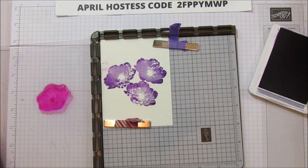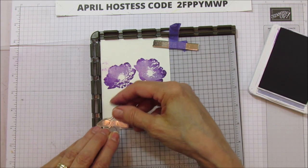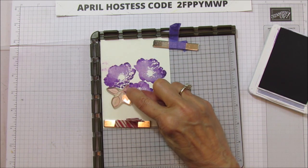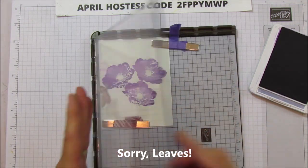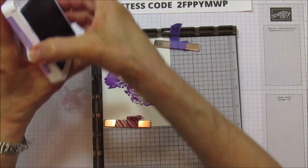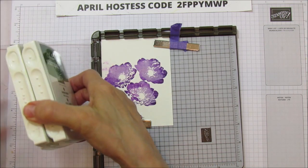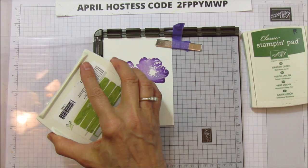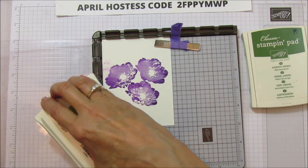And then we're going to do the leaves. So I'm going to grab the leaves now and just put them where you want them. Most of the ones that I'm going to do, I'm not going to ink up the stem. I'm just going to ink up the flowers. So let's put these away so I don't get these all messed up. And we'll grab the Old Olive and the Garden Green. Again, if you have the little ones, especially when you're on the edge,